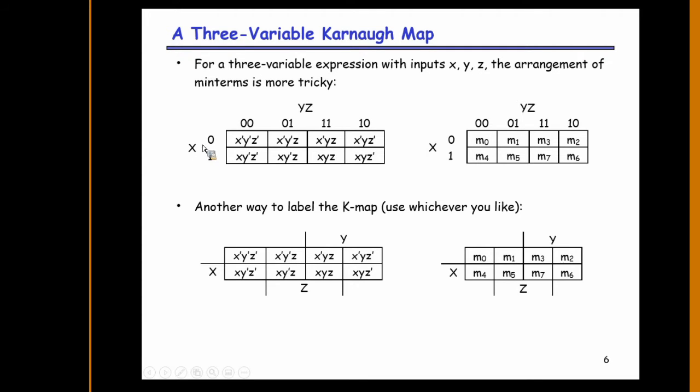So the most significant variable of the function is 0, which is labeled. How many possible combinations are available with 3 variables? So 8 minterms or 8 maxterms are available. And here we have taken the most significant variable to indicate the row index, 0, 1, and the column indexes start with 0 0, 0 1, 1 1 and 1 0. This labeling of the columns follows the gray code.